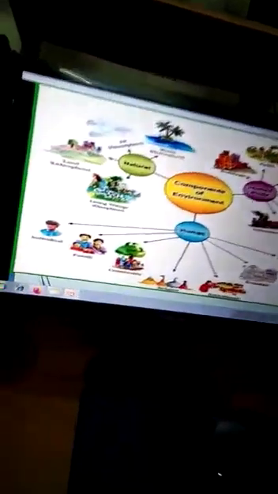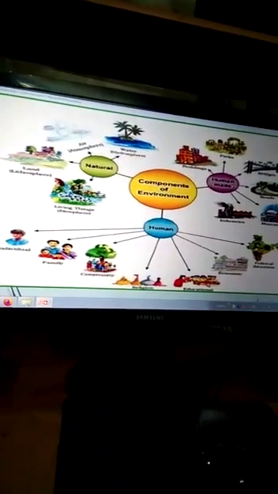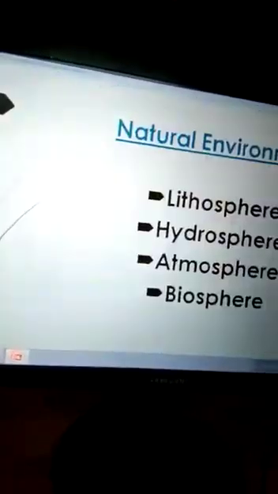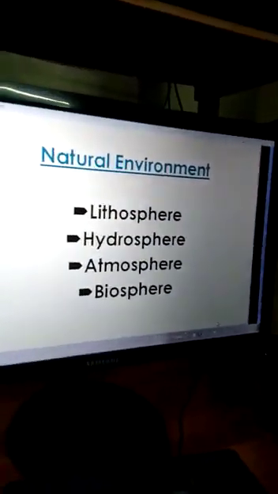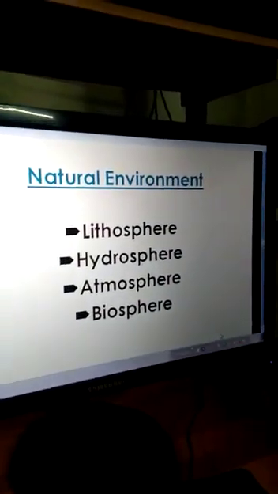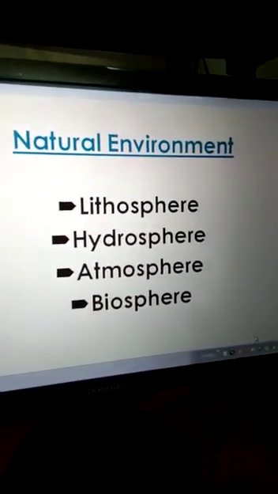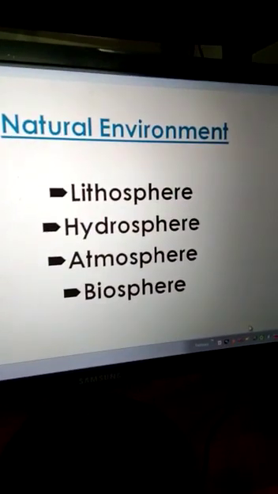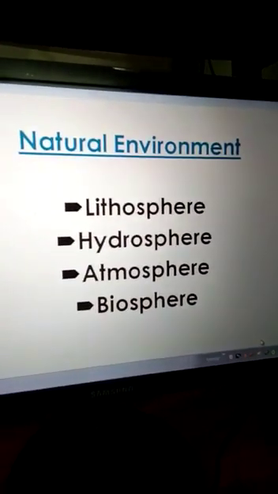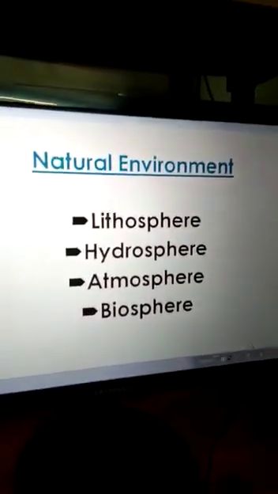See, this is another picture of components of different environments. Next, let me discuss the first component of the environment, that is the natural environment. Already I told you before that in the natural environment there are biotic and abiotic components. So there are four spheres of the natural environment. Among them, the first three spheres, that is lithosphere, hydrosphere and atmosphere, are abiotic but very important components of